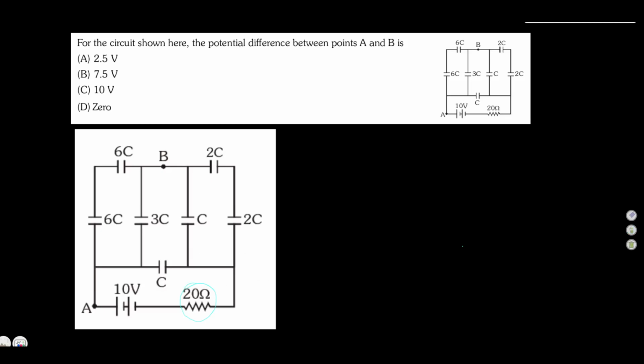So when I becomes 0 here, let us consider this potential to be 10 volt, this potential will be 0 volt, and this potential will be 0 volt. Now I will use nodal analysis to solve this problem. So let's say the potential of B to be V. Now I can say that if I consider the charges on these capacitors,